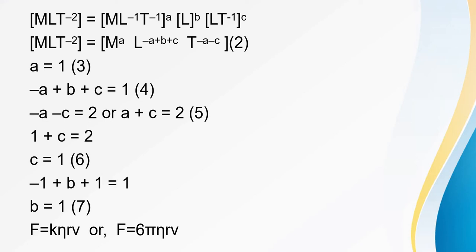So Stokes law in mathematical form, we can write it as F is equal to 6 pi eta RV, where F is the viscous force, eta is coefficient of viscosity of the fluid through which that sphere is falling, R is the radius of the sphere, and V is the velocity with which the sphere is falling through that fluid. Okay, so the mathematical expression of viscous force is given by F is equal to 6 pi eta RV.